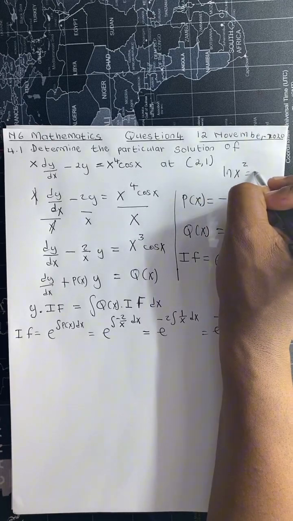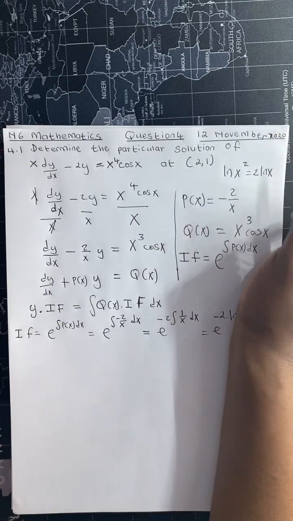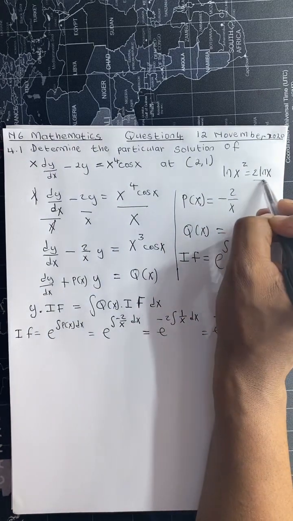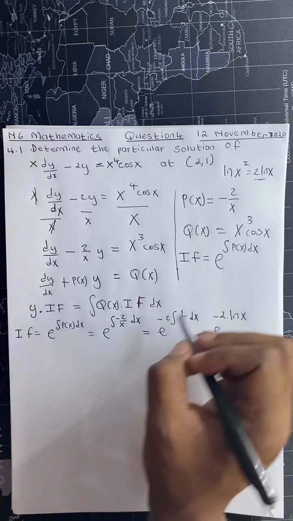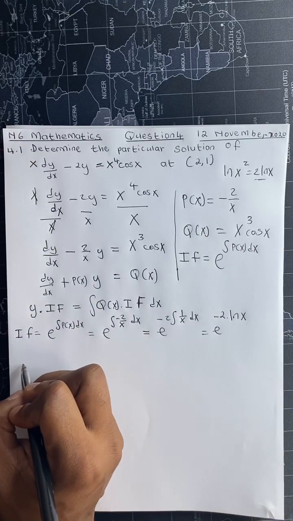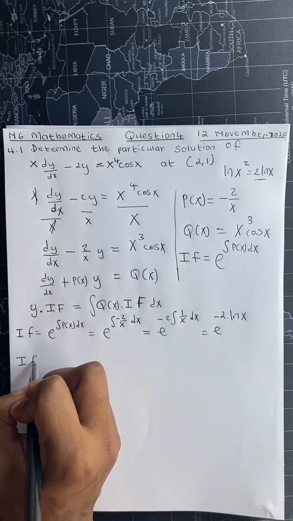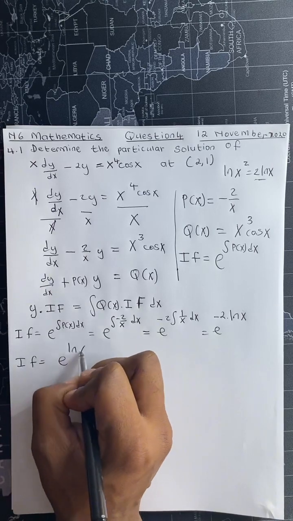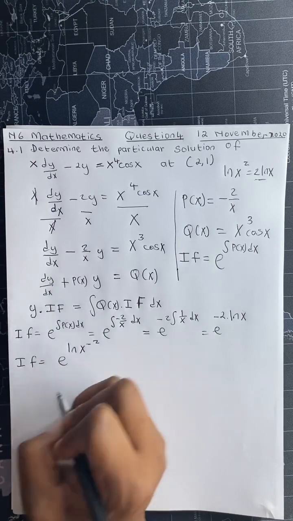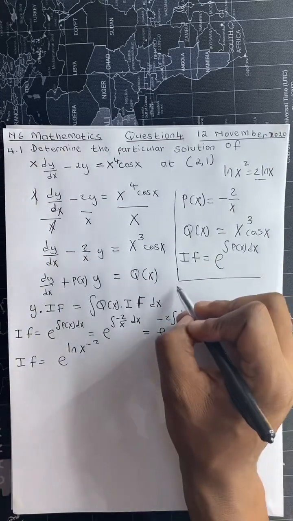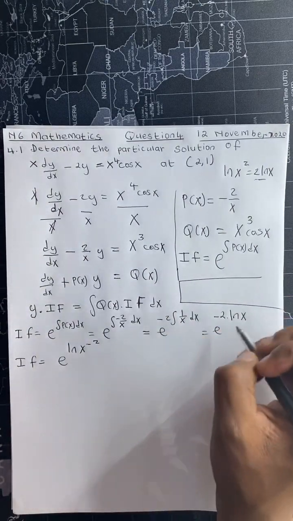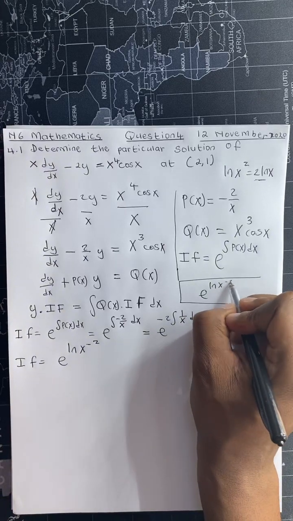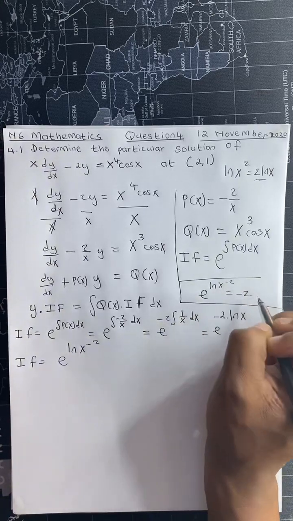So in this case we will be moving from the left going to the right, so the integrating factor will be equal to e raised to the power ln of x raised to the power negative 2, and according to our logarithmic laws,